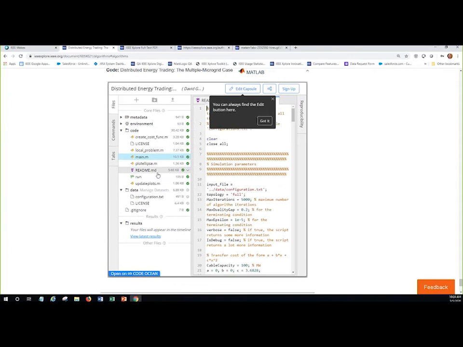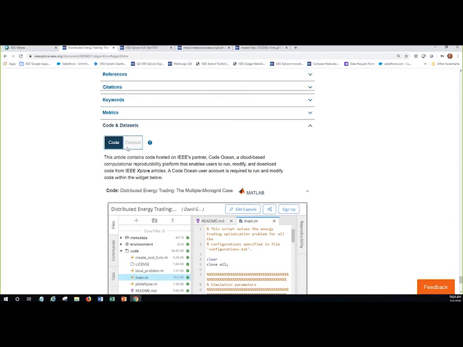you can run the code using the run function, or you can edit the capsule to test changes to the code. So it's almost like a sandbox for code. If there were any data sets associated with them, they would be listed here. And these are data sets that have been posted on IEEE Dataport, which is IEEE's data repository. And then the multimedia or media is anything that an author chose to submit to further illustrate or explain the points in their paper. We zip them up and add them to Xplore right around this section as well.